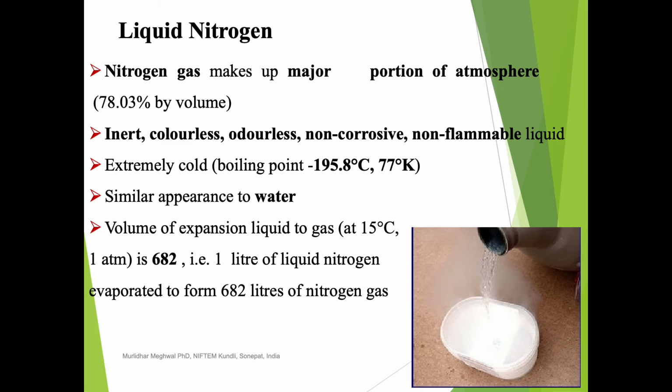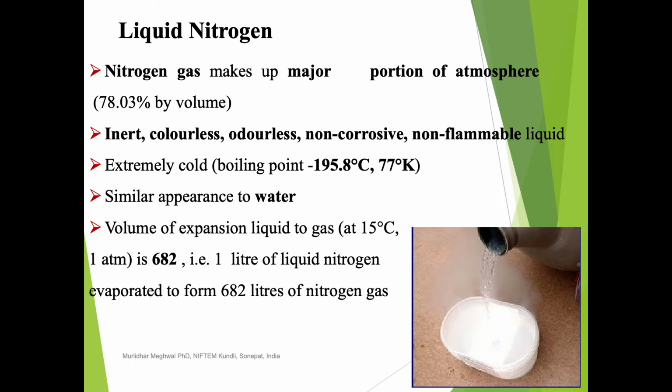So let us talk about liquid nitrogen. Nitrogen gas is the major proportion of the atmosphere, now 78.03% by volume. Another good thing is that it's inert. It is a colorless, odorless, non-corrosive, non-flammable liquid. It is extremely cold, having a very low boiling point of minus 195.8 degrees Celsius. When it is in liquid form, it looks exactly like water, and its volume expansion